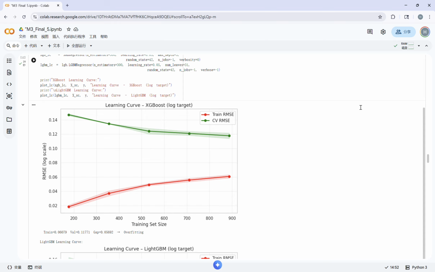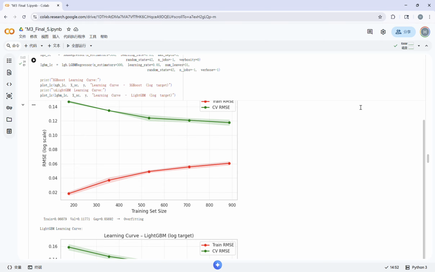After benchmarking and diagnosis, our final approach was a stacking ensemble. The idea is that different models capture different structures in data and their errors are not perfectly correlated. By combining them, we can often improve overall accuracy and stability. To avoid leakage in the ensemble layer, we used out-of-fold predictions. Each base model generates predictions only on data it has not seen, and those out-of-fold predictions become inputs for the